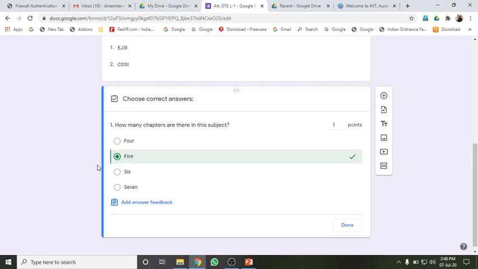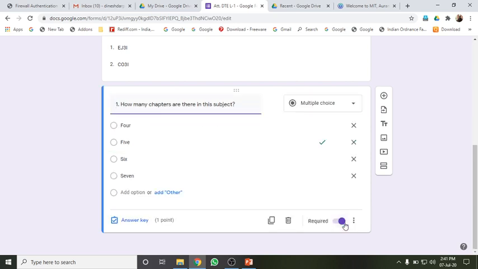For digital electronics we have 5 chapters in this subject, so I have provided the correct answer. If a student marks 5, then only he will get 1 point. If a student marks 4 or 6 or 7, he will get 0 points because that answer is incorrect. After having done this, I will click on Done.